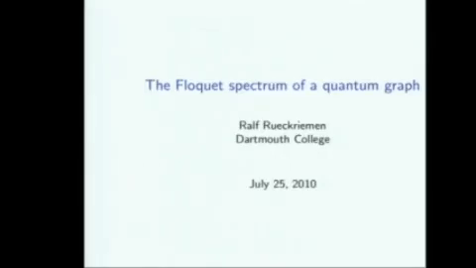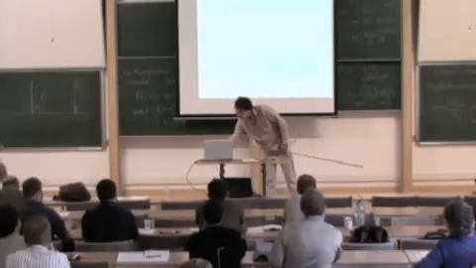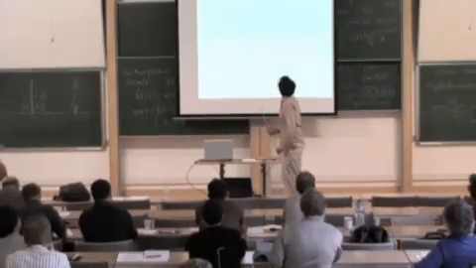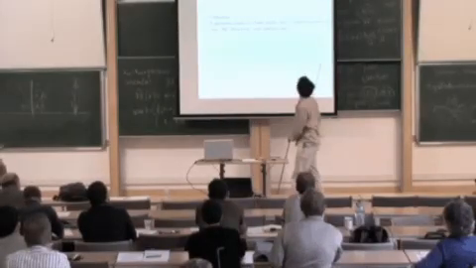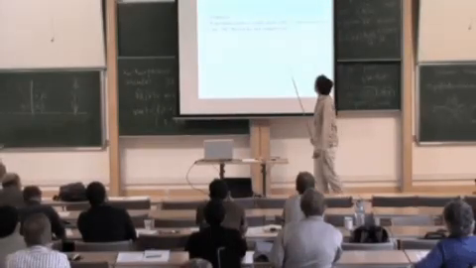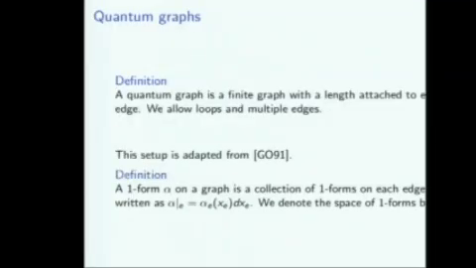Okay, so I'll speak about the Floquet spectrum of a quantum graph. We'll start with the setup and define what I mean by Floquet spectrum and quantum graph. We've heard a few times what a quantum graph is. For the rest of the setup, I'll mostly adhere to a paper from Gavot and Okada to define